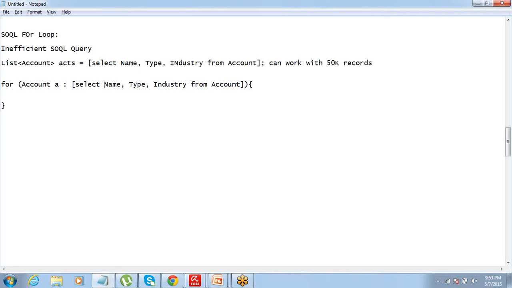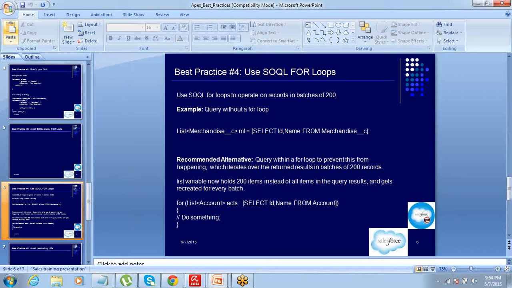Now, this actually executes in batches of 200 records. It will take 200 records, perform the operation, come out of the for loop, go back, take the next 200, and perform the operation. So it actually gets executed in batches of 200 records. This way you can deal with a lot of records. Correct.